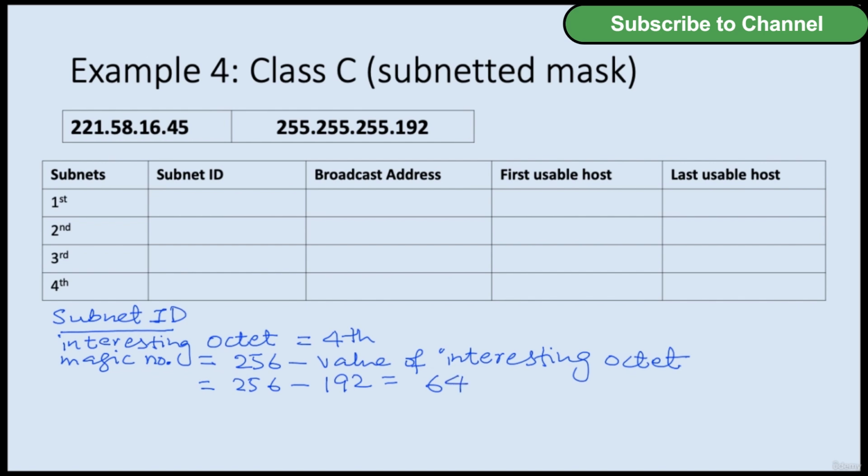And now I always start with 0 and add the magic number to it. I got 64. To the 64, I add the magic number again. I got 128. And to the 128, I again add the magic number and I got 192. 4 such values I will produce. Why? Because the number of subnets in this question is 4. And now my 4 network IDs will be